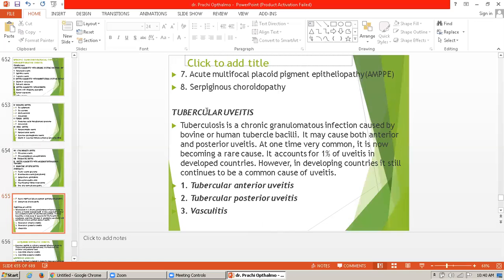Next is tubercular uveitis. Tubercular uveitis is a chronic granulomatous infection caused by bovine or human tubercle bacillus. It may cause both anterior and posterior uveitis. At one time it was very common, and it is now becoming a rare cause. It accounts for 1% of uveitis in developed countries. However, in developed